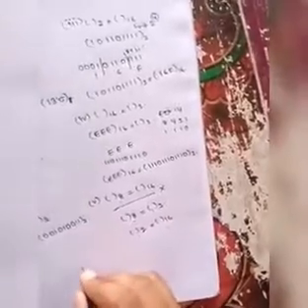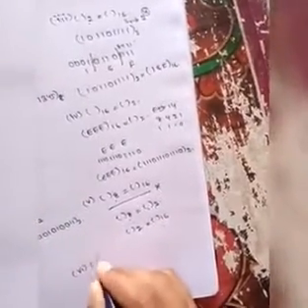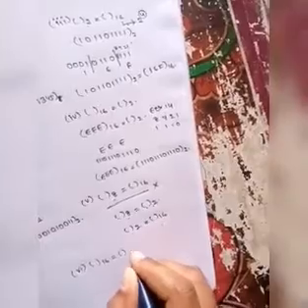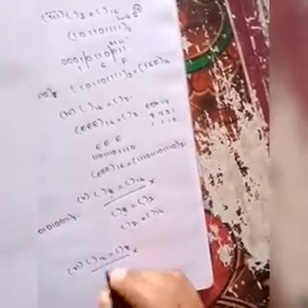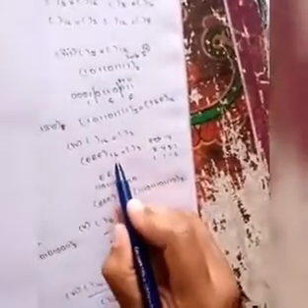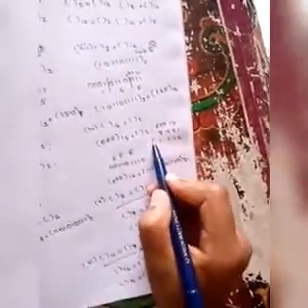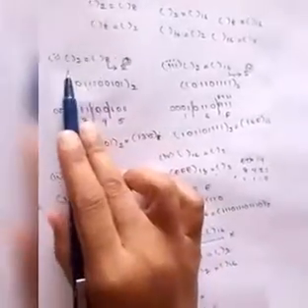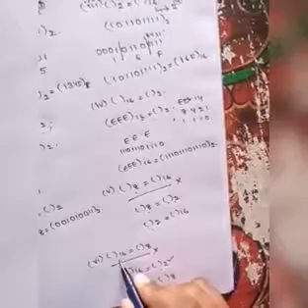And the sixth one is conversion of hexadecimal to octal. In this also we can't directly convert hexadecimal to octal. For this we have to first convert hexadecimal to binary and then this binary to octal. So as we earlier discussed the conversion of hexadecimal to binary, in this way we have to convert hexadecimal to binary and then binary to octal. Like this we have to convert the binary to octal. In such a way we can convert the hexadecimal to octal.